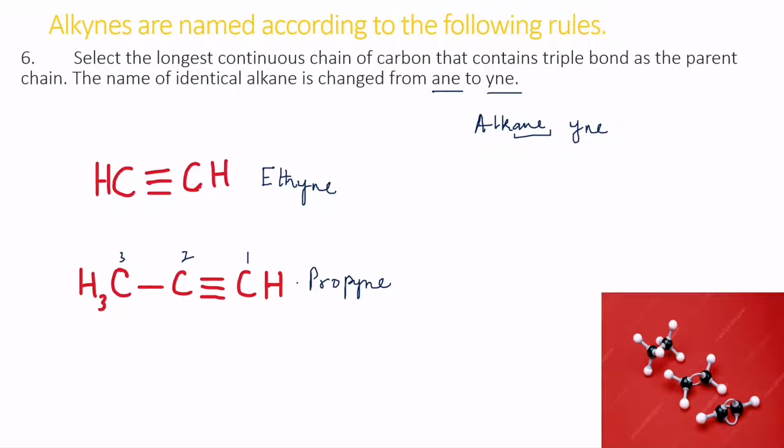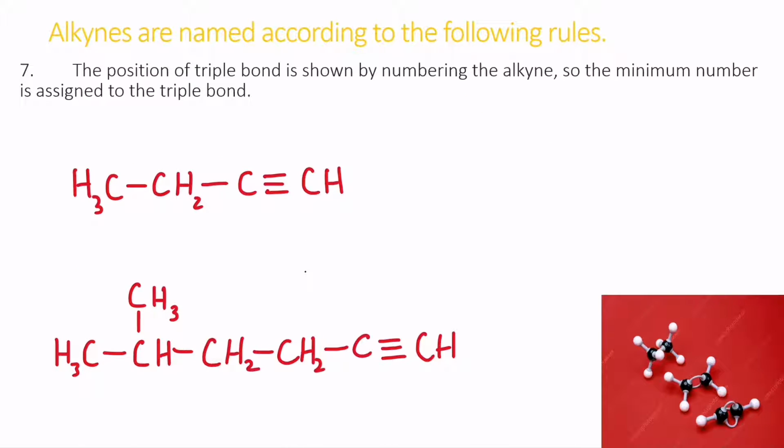Again, I will select the lowest number, which is 1-propyne. So the position of the triple bond is shown by numbering the alkynes. So the minimum number is assigned to the bond. Like again, I'll number it 1, 2, 3, 4. I will select the lowest number. My triple bond is present between 1 and 2, so I'll call it 1-